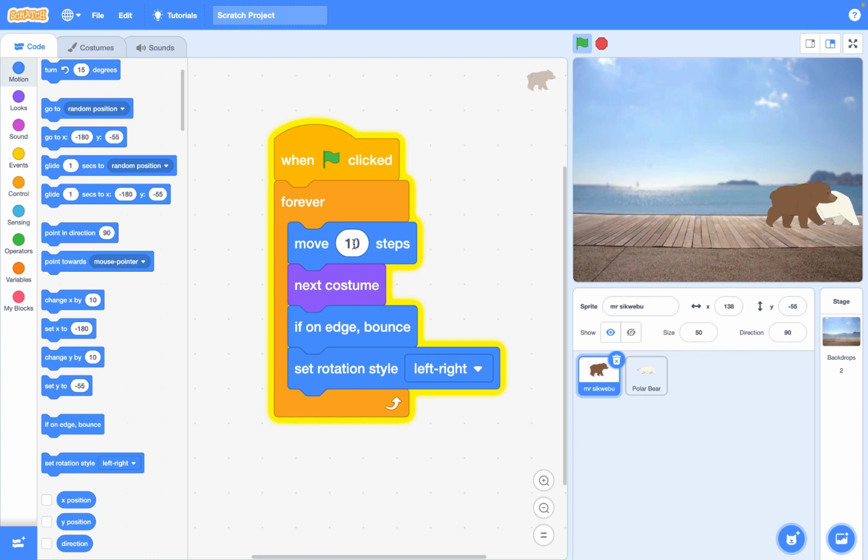So you can say move 5 steps and it's going to be slower, or move, let's say, 2 steps, it's going to be slower. But you can see that its paws are still moving unnaturally. It wants to move fast, but it's moving fast, but it's actually slow. So we will leave it at move 10 steps,